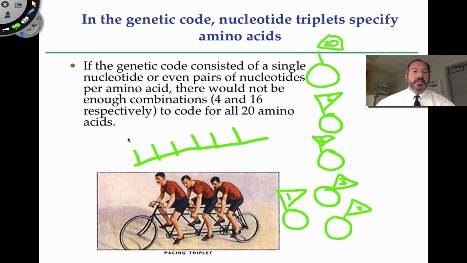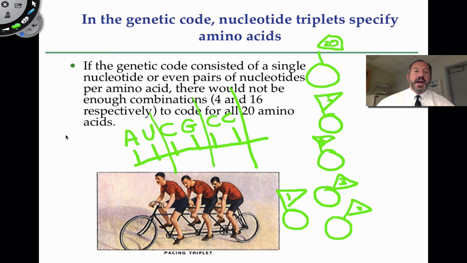It seems interesting to me because if adenine coded for one of the amino acids, that's great. And uracil coded for another one, and cytosine, and then guanine. You're like, this is great, but there wouldn't be enough. So single nucleotides wouldn't be enough to code for all 20 of them, because you'd run out of names. It's like 20 people and 4 names. You're like, well, perhaps the genetic code is read in doublets. In other words, little groups or pairs. So AU, CG, CC, like that.